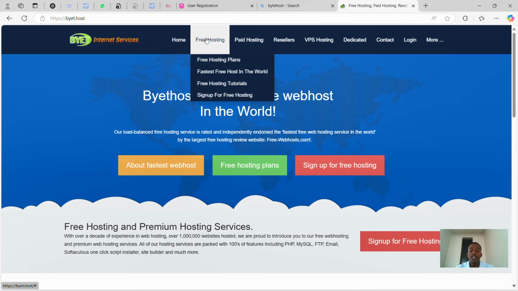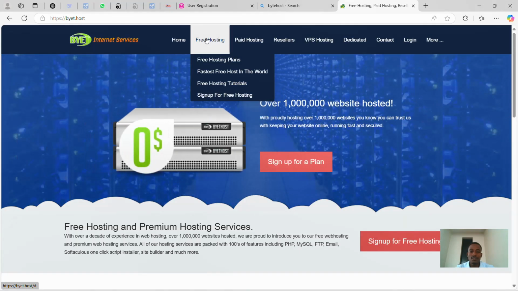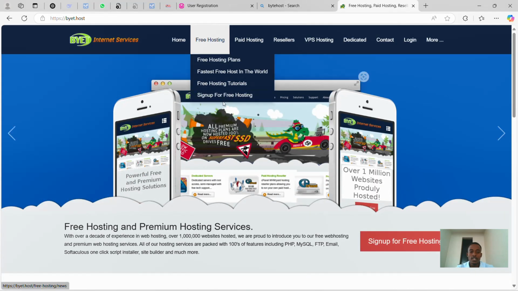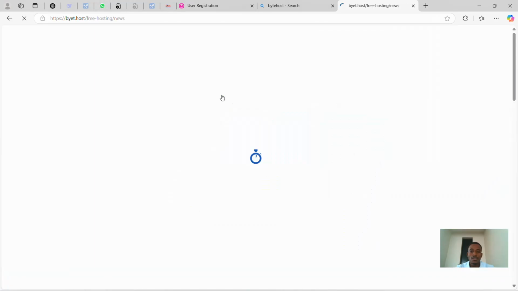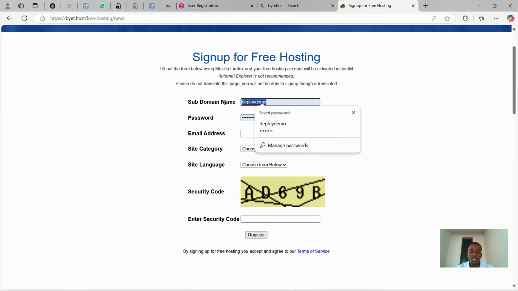So if you are a new user and you don't have access to Bytehost, what you do is put your cursor over free host, and then click on sign up for free host. Once you click on sign up for free host, it will give you this window where you need to sign up. It will ask you to create a